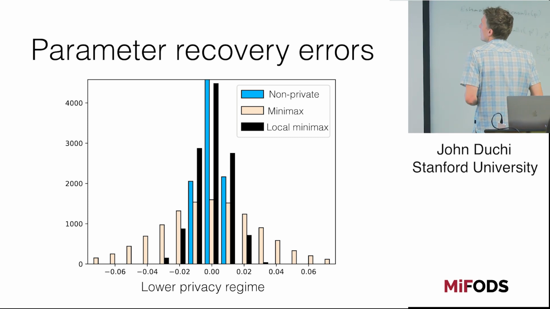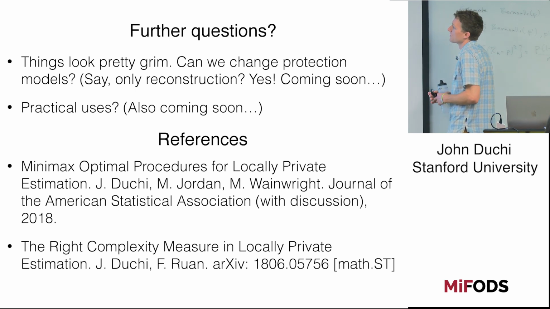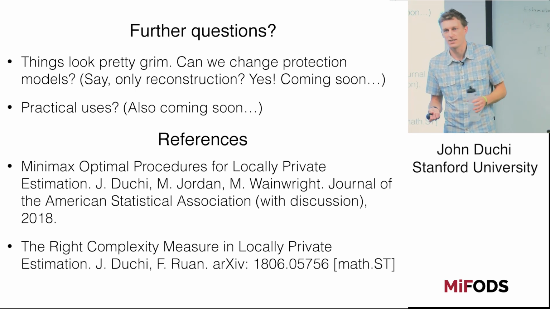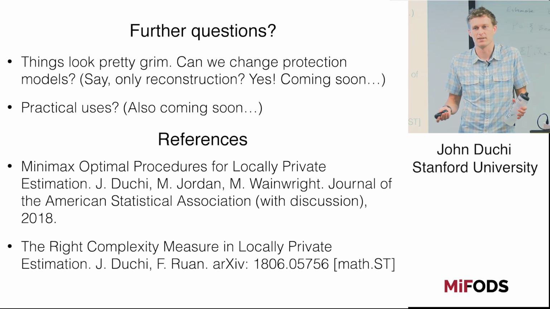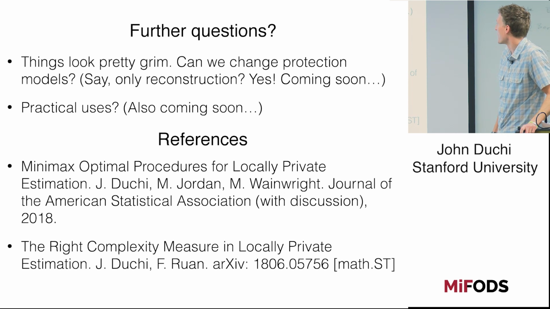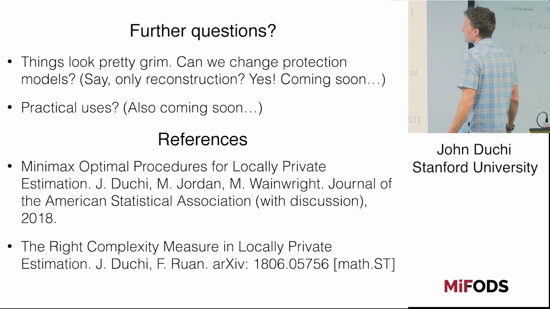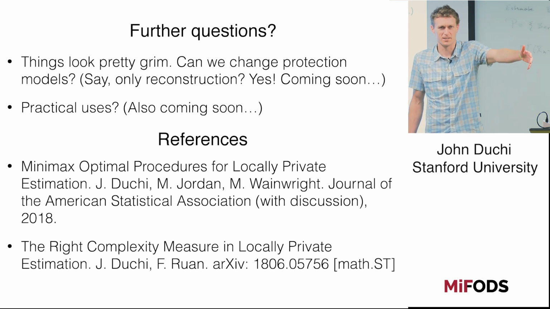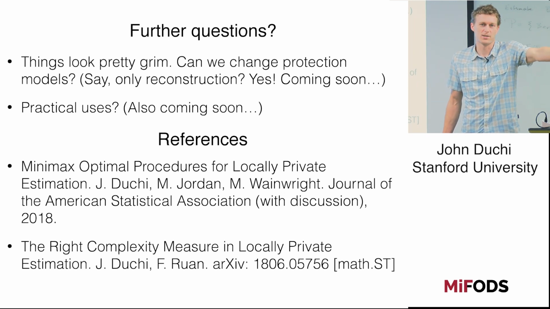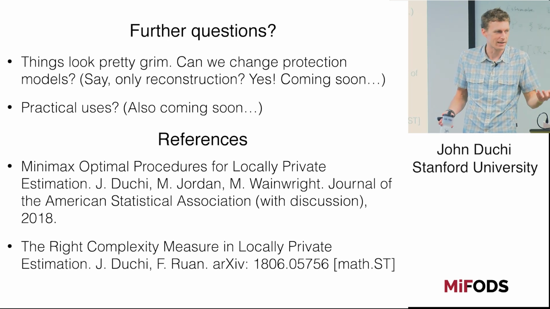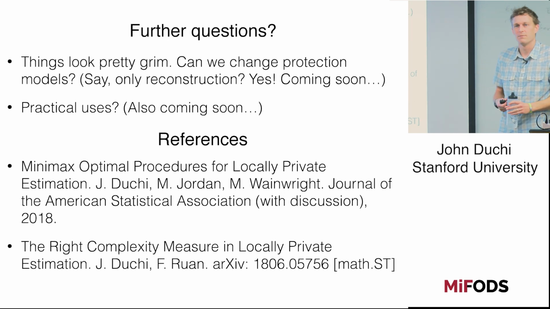All right, so further questions. Things are looking pretty grim. Like with that logistic regression example, it never got easy. You might ask yourself, well, what are we supposed to do here? Maybe we can change the kind of protections that we provide people. Adversaries don't know that it's literally me or Sasha. They're just trying to reconstruct information about us. So maybe I just want to protect against you being able to reconstruct everything about me without knowing who I am a priori. Maybe that changes things.